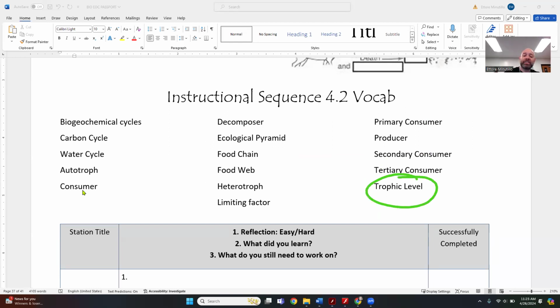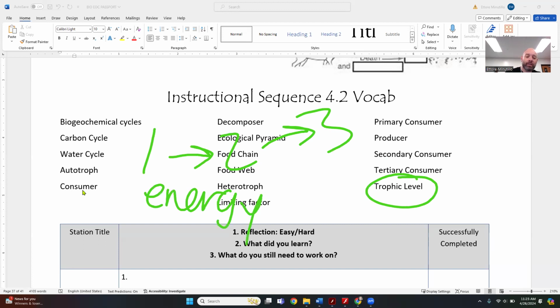Trophic level is the name of each step in a food chain. So this guy who eats this guy who eats this guy, kind of a thing. Each step would be called a trophic level. One thing that I do want to make note of, if we're talking about a food chain or a food web and the energy is pointing at something, we are showing where the energy goes. Whichever way the arrow is pointing, it's showing you the energy is going from organism 1 into organism 2, meaning that organism 2 is eating or consuming organism 1.